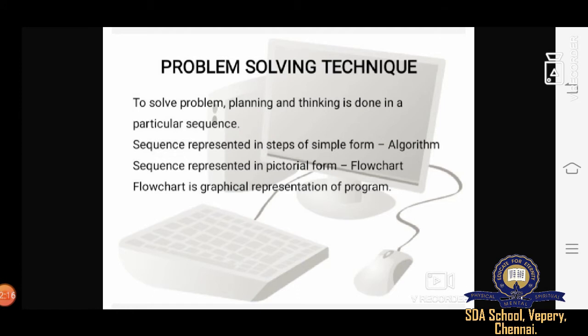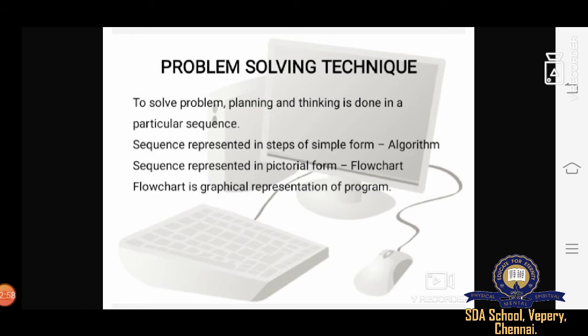To solve any program, first what we have to do? First we should approach it by planning and thinking. Without planning and thinking, we cannot solve any kind of program, even in mathematics. Yes, students? Yes, we need to plan. If we want to do any work, first we need to plan, think properly, and take a proper decision for every plan that we think. Without plan and without thinking, we cannot proceed.